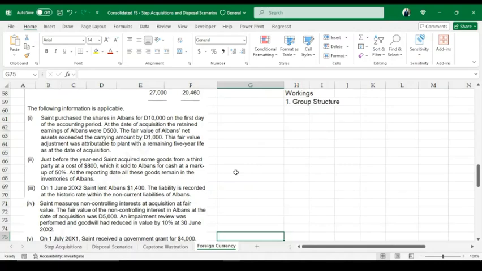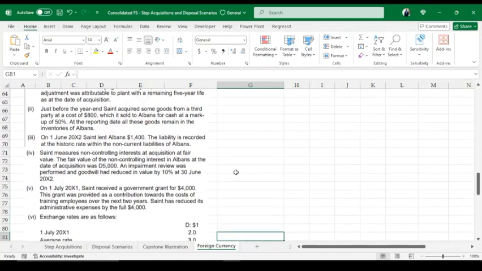This fair value adjustment was attributable to plant with a remaining 5-year life as at the date of acquisition. Just before the year end, Saint acquired some goods from a third party at a cost of $800, which it sold to Albans for cash at a markup of 50%. At the reporting date, all these goods remained in the